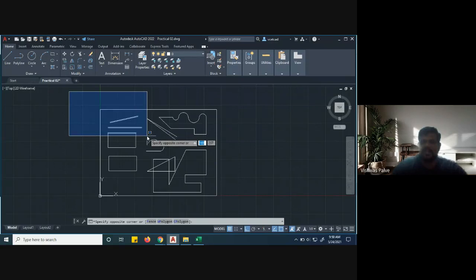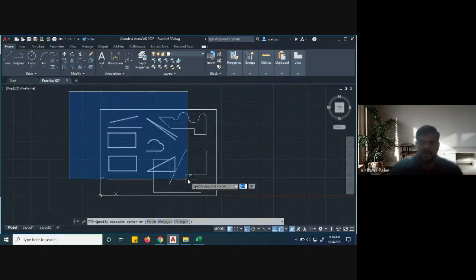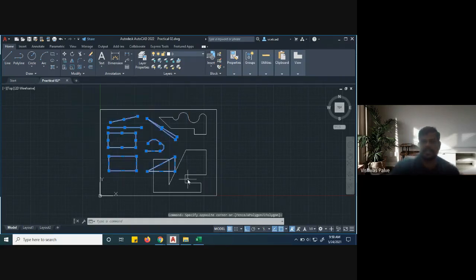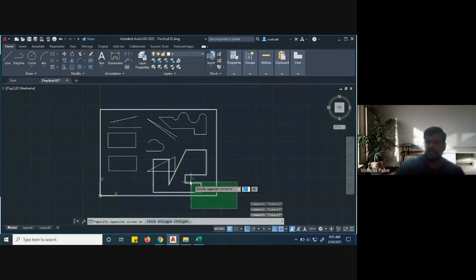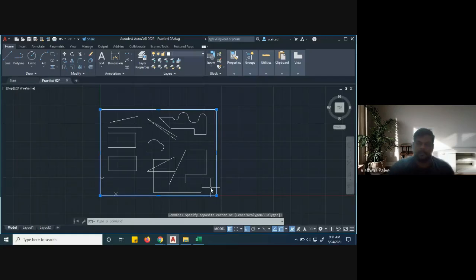When will the line get selected? When that line segment is completely lying inside the blue region. So the blue color region selects anything which is completely lying inside it. So this is the feature. Only the objects which are completely lying in the blue region will get selected. Whereas in the case of the green rectangle, what is happening? Even if I am selecting only this much portion of that line, still the whole rectangle is getting selected. Okay, so these are the two selection methods.